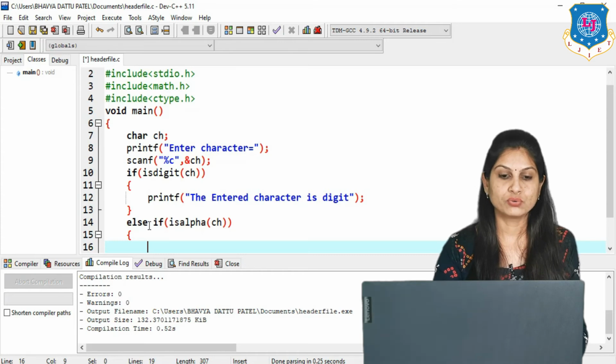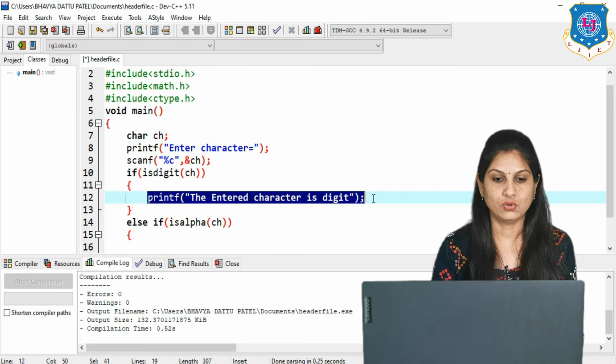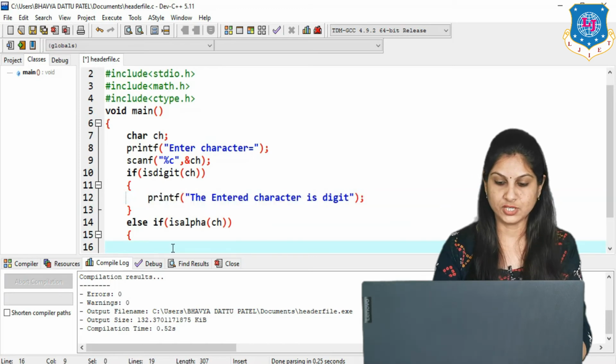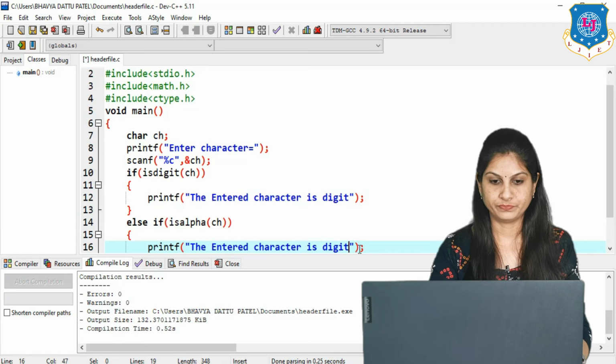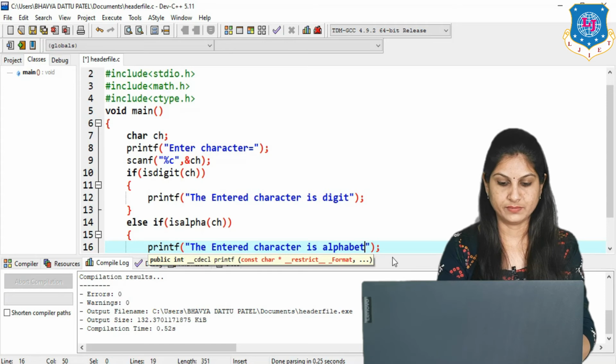If this condition is true, that indicates that the given character is alphabetic. So print the simple message with printf, the entered character is alphabet.